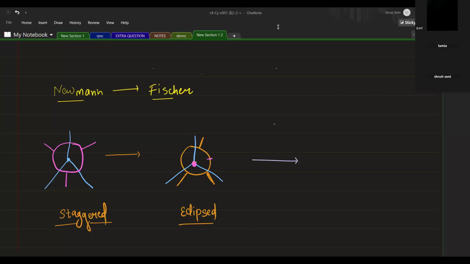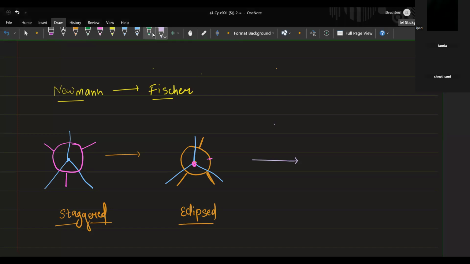Do you understand now how the exact structures will show in the staggered and eclipsed form? Yeah, like there's three in front, three in back, right? In eclipsed form, all the three in front are parallel to the back ones. Now, to convert Newman into Fisher, we need